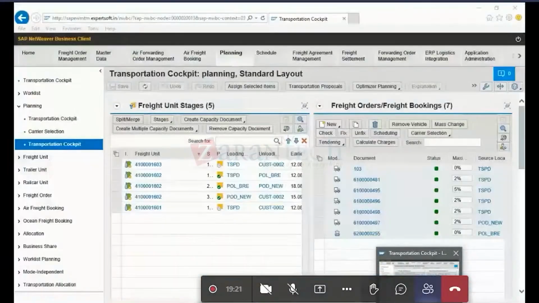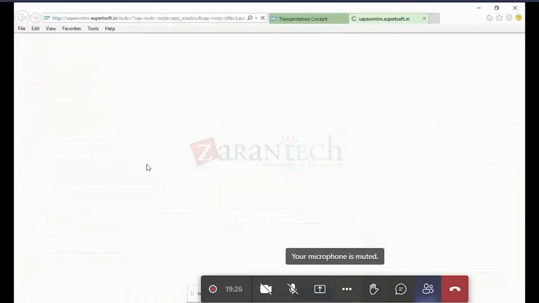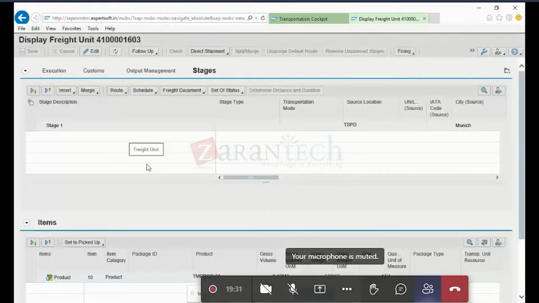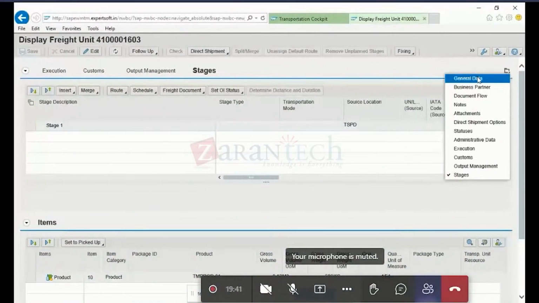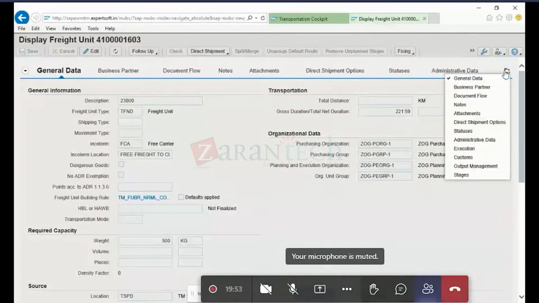And when I open my freight unit, you will see that three important pieces of information, that is the source location, the destination location, and the material code, are actually inherited from my sales process. As I told you, a freight unit has three important pieces of information: where to transport, when to transport, and what to transport. Where to transport means I need the stage information. So if I go into a tab called stages,